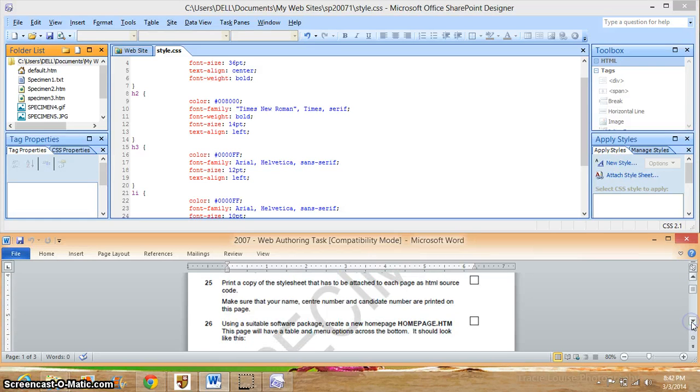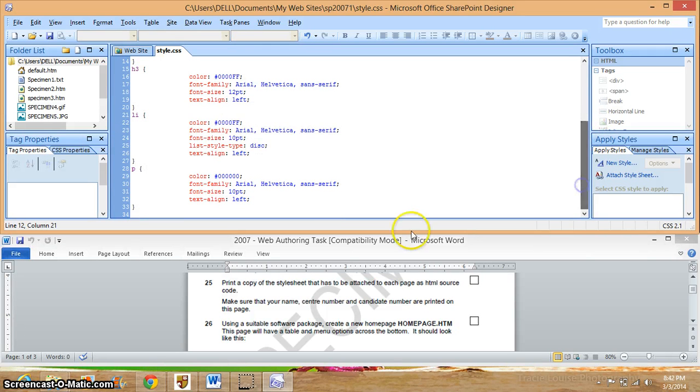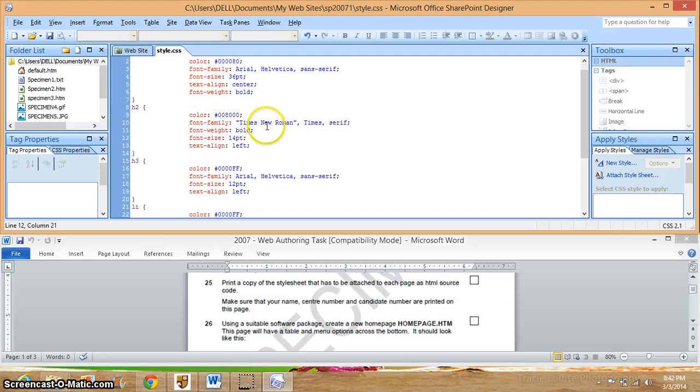Let's come to step 26. It says print a copy of the style sheet that has to be attached to each page as HTML source code. This entire thing which you see the tags over here, this is called as your HTML code. Make sure that your name, center number and candidate number are printed on this page. How will you do that? One way is you take screenshots, paste in Word, type it header and footer and take a print, or else